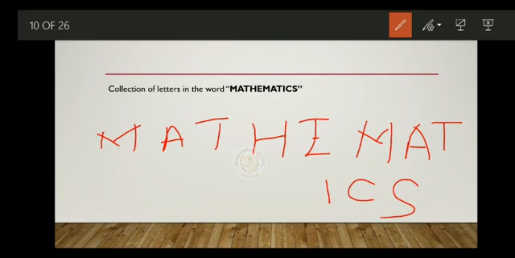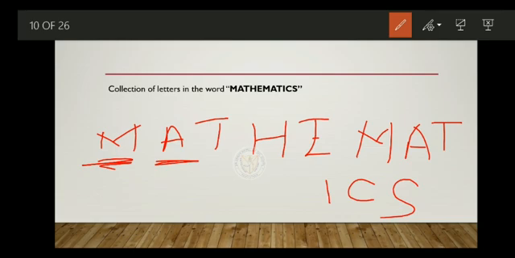What is an element? Any object in a set is called an element of that set. So what is an object in this collection of letters in the word mathematics? M is one of the objects. A is one of the objects in the collection.